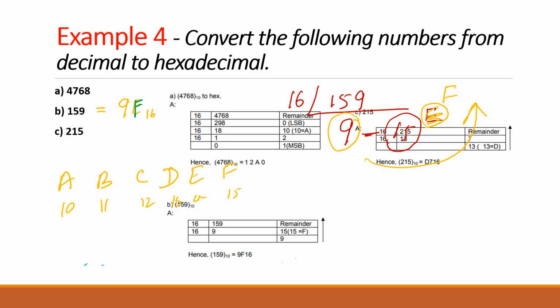Okay. Are we good? How about the 215? Okay, let me check. So we have 215, we divide by 16. So when you divide by 16, so